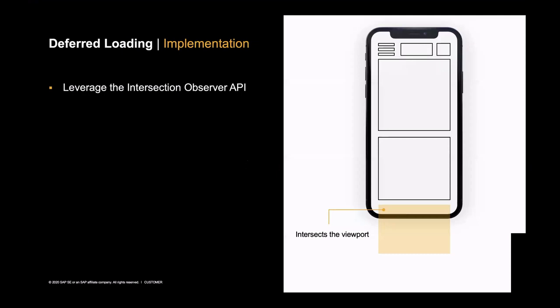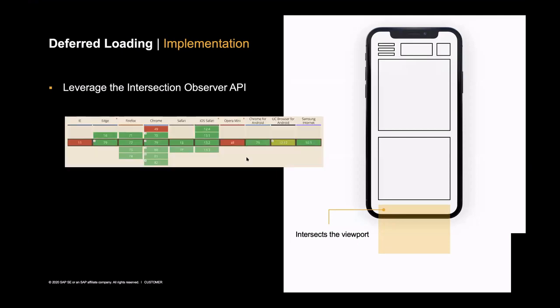So to begin with, for deferred loading, it's not so difficult. We are leveraging the Intersection Observer API, and this is shipped with all modern browsers today. So there's actually quite good browser support. And if there's no browser support, we will silently ignore it. This will basically result in showing the full DOM anyway, so then there's no notion of deferred loading.